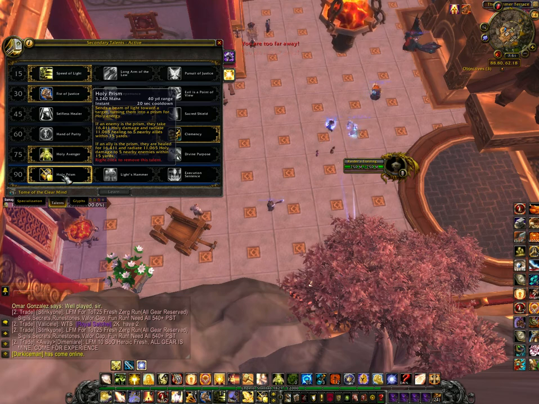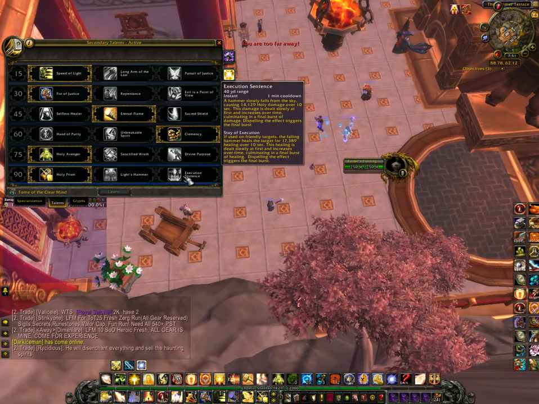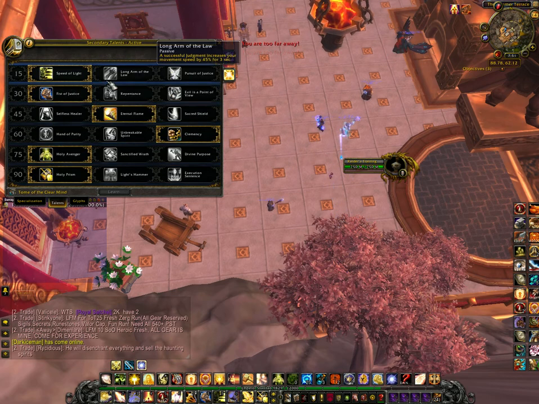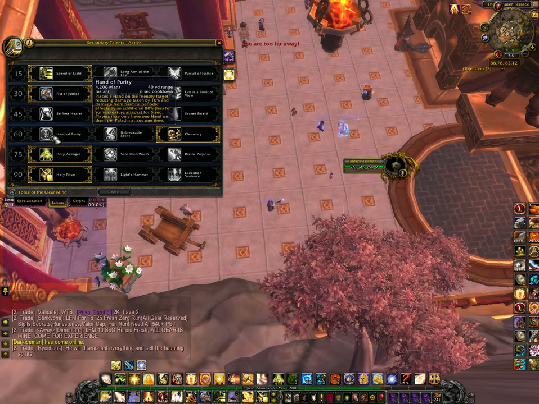If there was no raid damage at all, then I would probably go with Execution Sentence. If it was just the tank taking damage, but I haven't really seen a fight like that. And typically I leave a lot of this stuff as is. Hand of Purity could come in handy on some fights, but